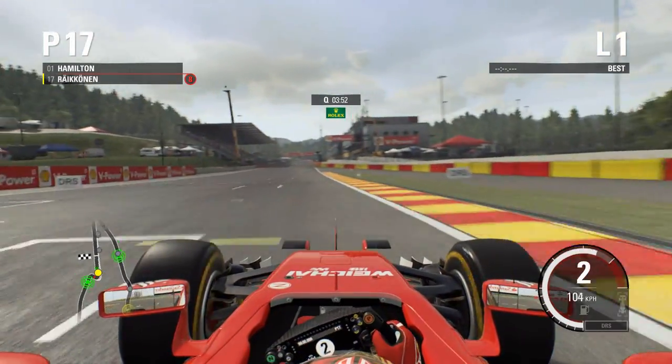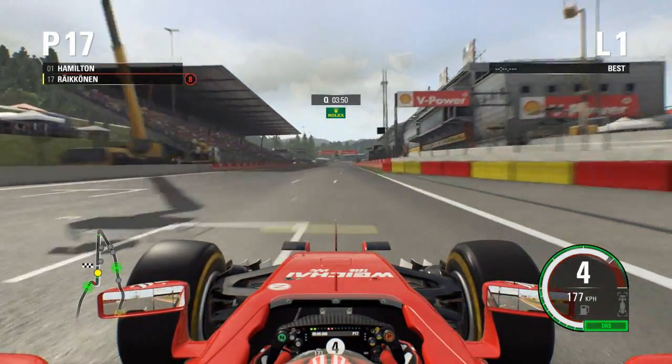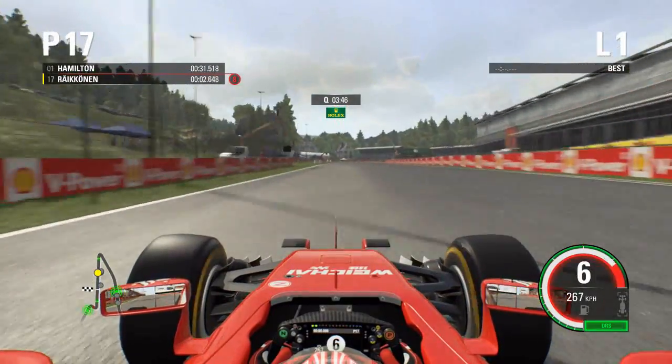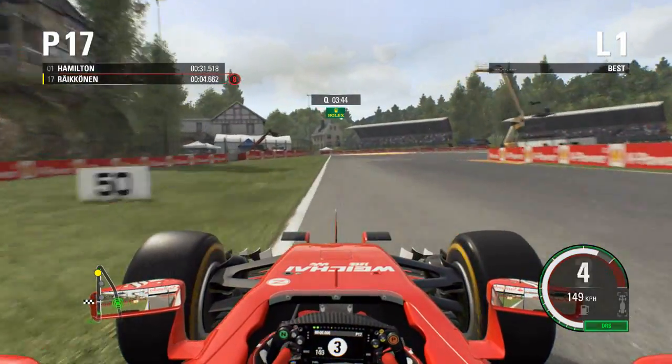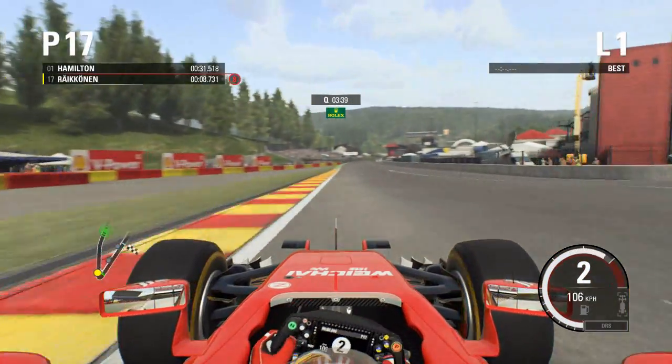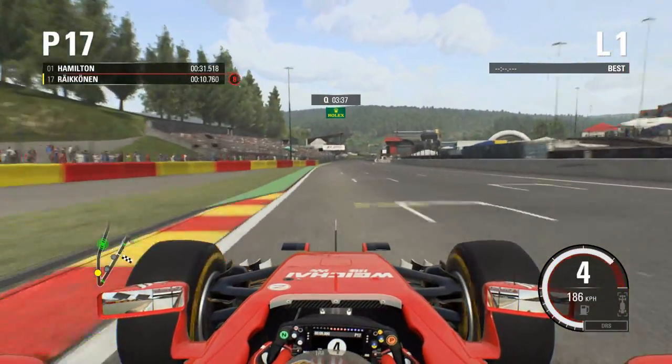So we're here in qualifying. As per usual, we're doing our one qualifying lap, and we've got a couple of minutes left in the session, so we're going to try and make this lap count. As we come into the first corner, into La Source, down to second gear, we actually got on the grass a bit under braking, which affected our corner line a bit, and we get a bit of a shaky exit,